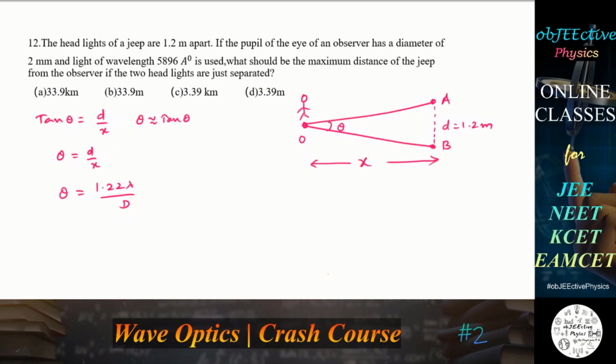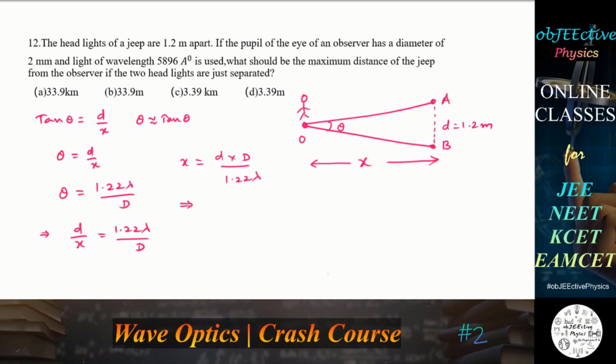So by equating these two, we can get small d divided by x is equal to 1.22 lambda divided by capital D, or by cross multiplication we can get x is equal to small d into capital D divided by 1.22 lambda,